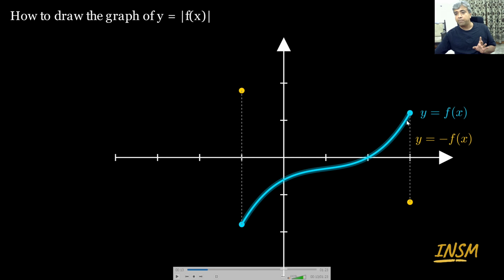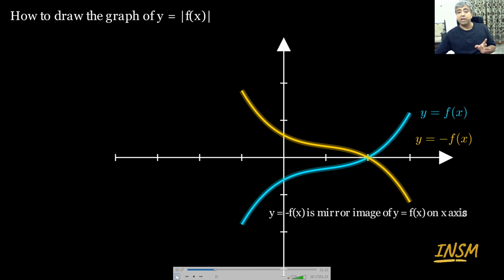So if you multiply a particular value of x, which is giving you a particular value of fx, with minus 1, you are going to get the mirror image of that point on x-axis. Similarly, if the point is below x-axis and you multiply it with minus 1, you are going to get the mirror image of the point on x-axis. Similarly, the mirror image of each of the points will come on x-axis when you multiply it with minus 1. So the whole graph of y equal to minus fx will be drawn like this. It will be the mirror image of the original graph on x-axis.